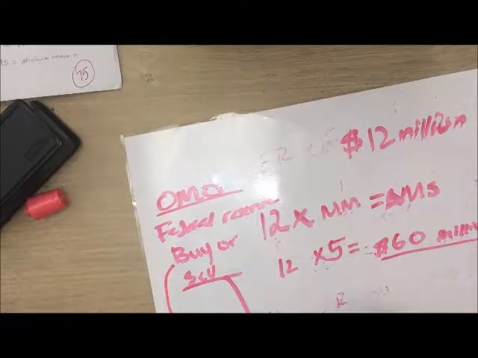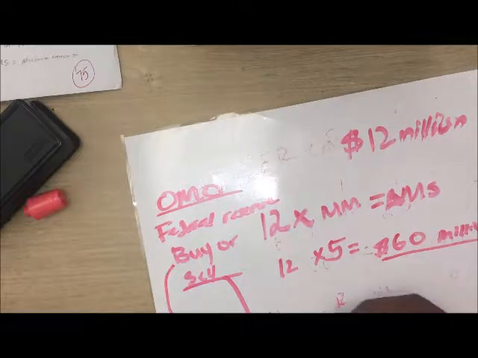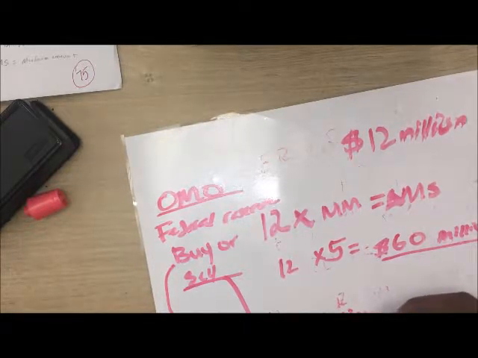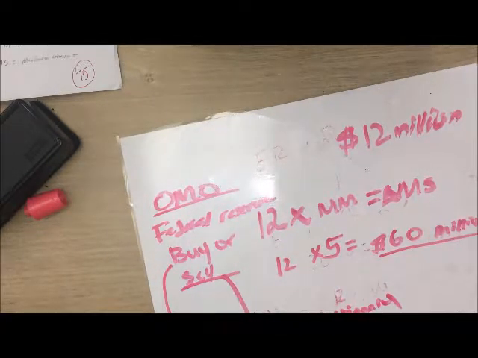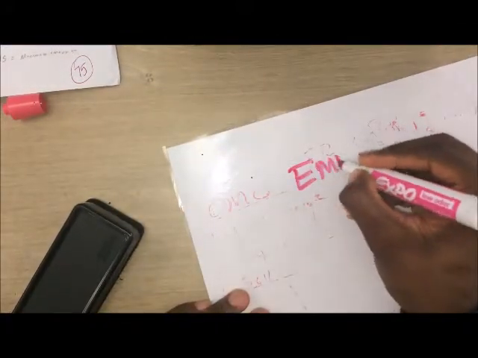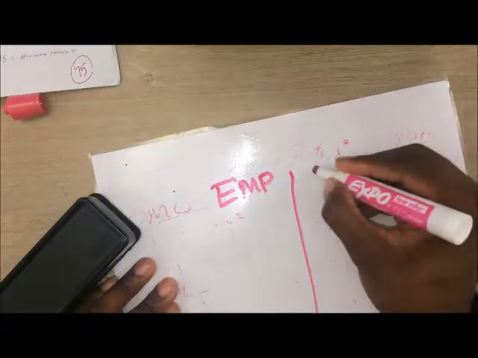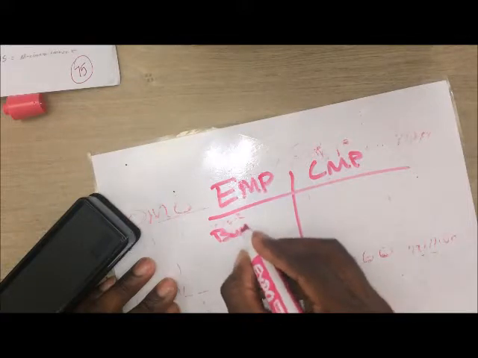The selling of bonds will result in a contractionary monetary policy, and the buying of bonds will result in an expansionary one. When you buy bonds, let me quickly make a chart: expansionary monetary policy versus contractionary monetary policy. They buy bonds,